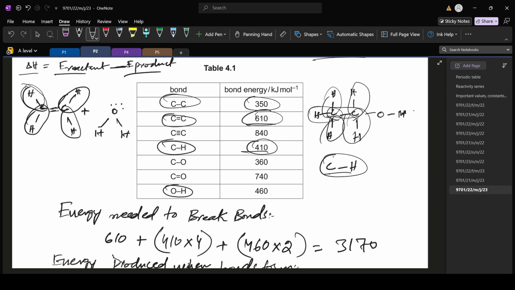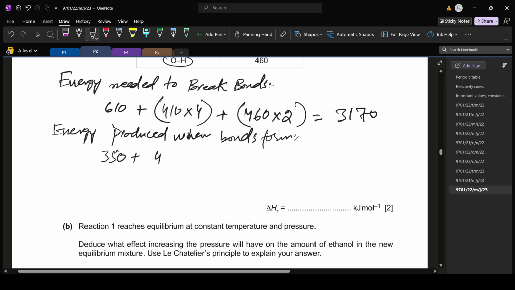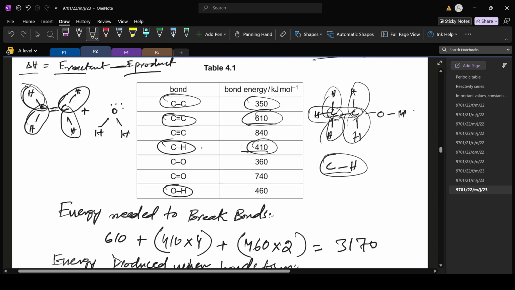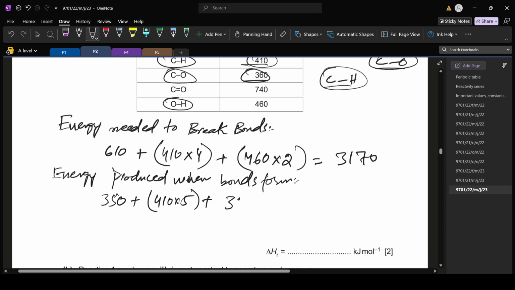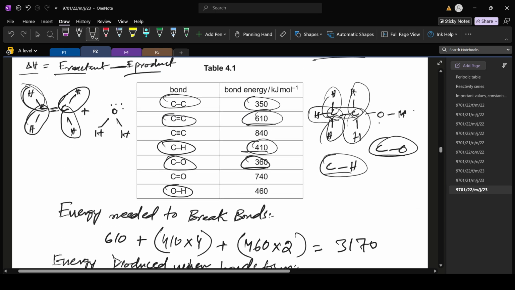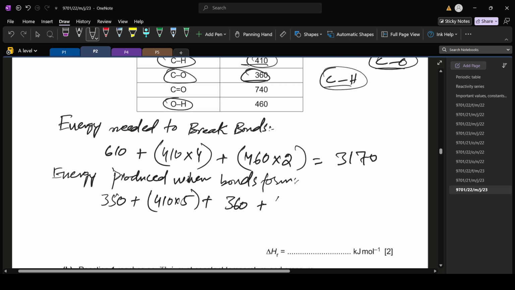The CH bond energy is 410, multiplied by 5. Then you have the carbon-oxygen single bond, which has a bond energy of 360, plus one OH bond with a bond energy of 460. So these are your energies for the products,